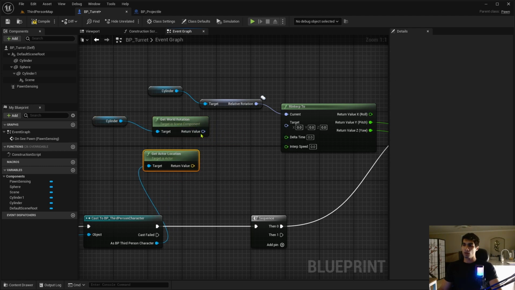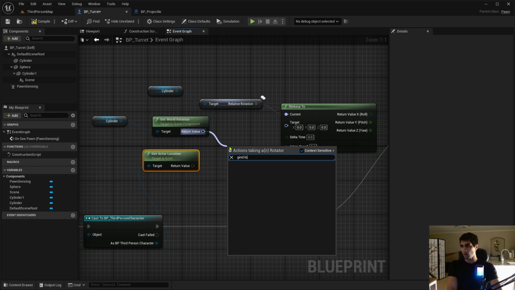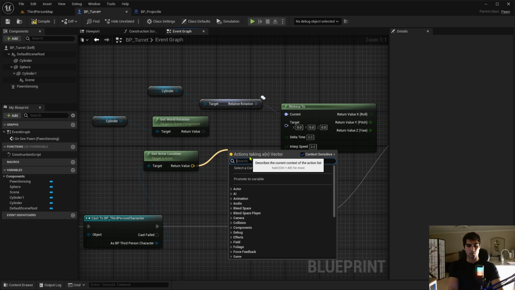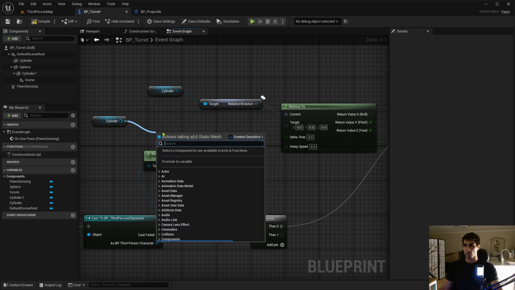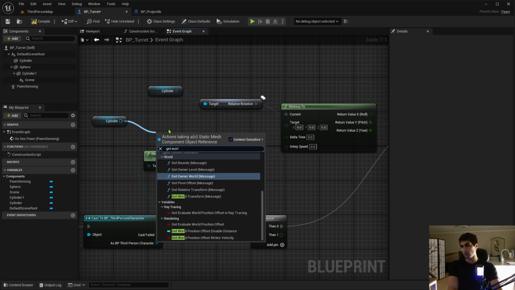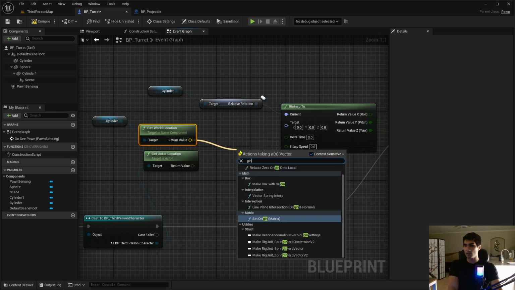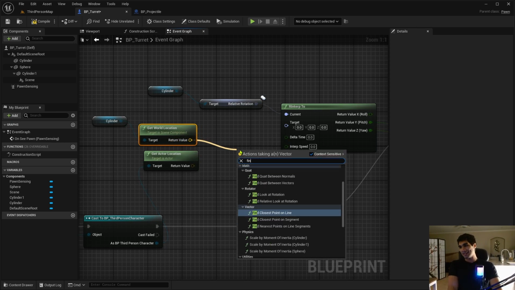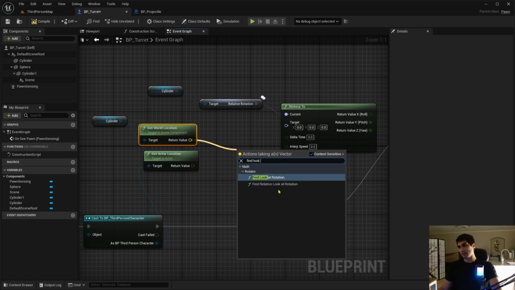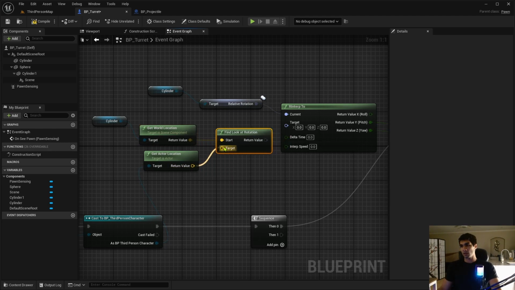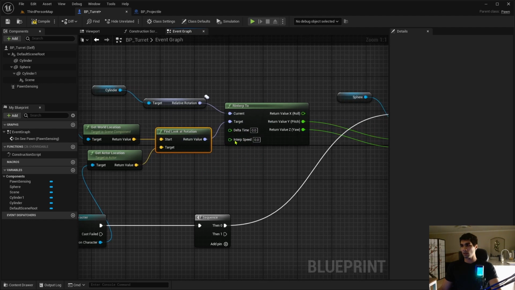And we're just going to do the find look. Okay, let me get this. Oh, I put rotation, not location. Get world location. So now I can find look. I keep pressing find. All right, find look at rotation. So we got the look at rotation, hook this up here, attach this here, and now